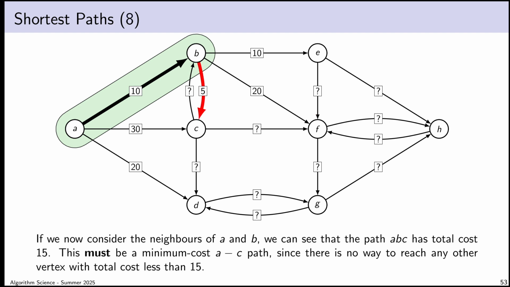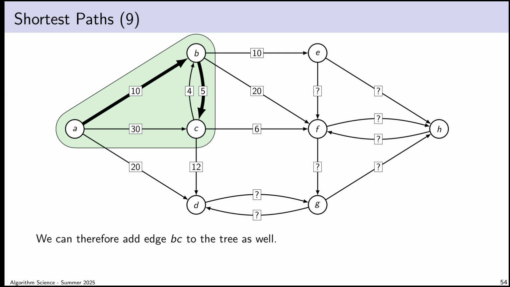Okay, so I then bring in vertex C. And that means that the path that I found to vertex C, the one that goes through vertex B, which is the lowest cost way to reach vertex C through the tree vertices, must be a minimum cost AC path. I bring that into the tree. And hopefully it's already clear that as long as I can keep this up without getting stuck, I will find my minimum cost path tree. If I can just keep expanding my tree by one vertex at each step, it eventually will contain everything reachable from my starting point.